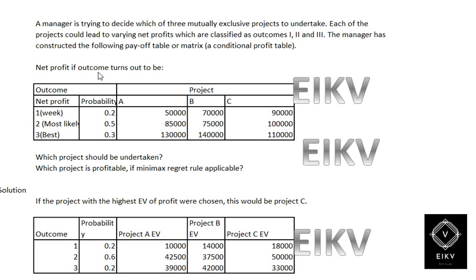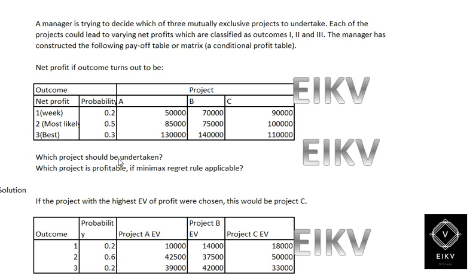The net profit outcomes are given in a table containing the outcomes and projects A, B, and C, and then we have three possibilities: weak, most likely, and best. The probabilities are 0.2, 0.5 and 0.3. The outcomes of A with three alternatives would be 50,000, 85,000 and 1,30,000. For project B it would be 70,000, 75,000 and 1,40,000, and for project C it will be 90,000, 1 lakh and